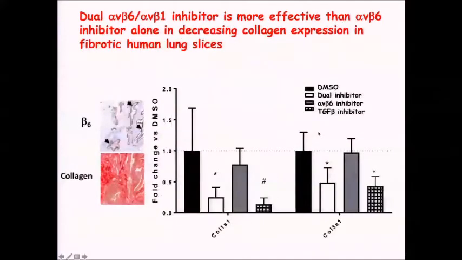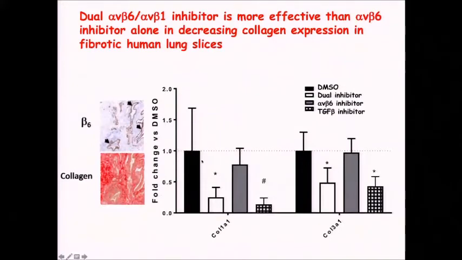We can also show that this works again in the human tissue because we can take lung slices from humans with idiopathic pulmonary fibrosis and then incubate those lung slices in vitro with these inhibitors to see whether there's active ongoing collagen production that we could inhibit. And so this is just showing that in these lung slices, as we always see, there's upregulation of alpha V beta 6 on the epithelium. These slices are chock full of collagen. This is picrosirius red staining of a slice. And if we incubate the slice with a